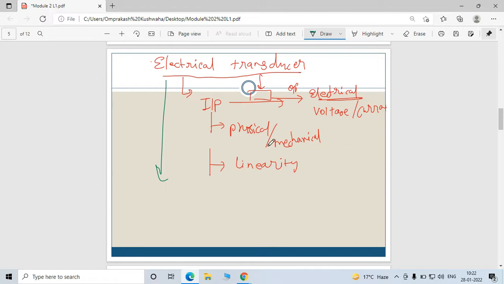So input may be a mechanical physical quantity, but your output must be an electrical quantity. So that is called an electrical transducer. Now, if I talk about the resistive transducer,